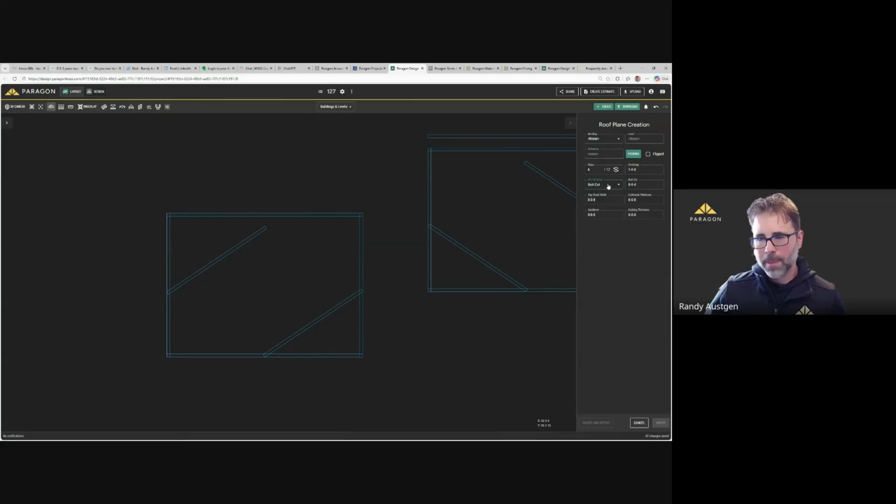So, butt cut. The butt cut method is going to essentially automatically calculate your heel height using a 1/4 inch butt cut on that bottom chord, and then using the slope as well as the top chord board width. So if you're saying a 2x4, then that's how it's going to use all of that to calculate it.